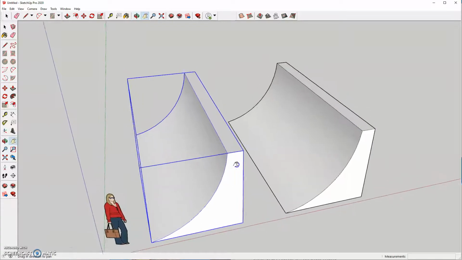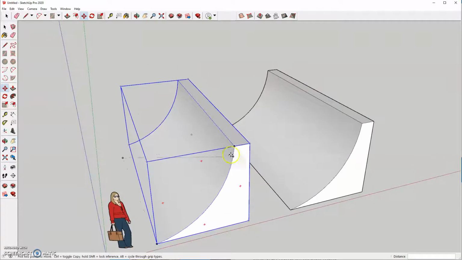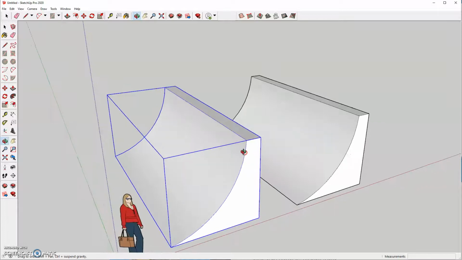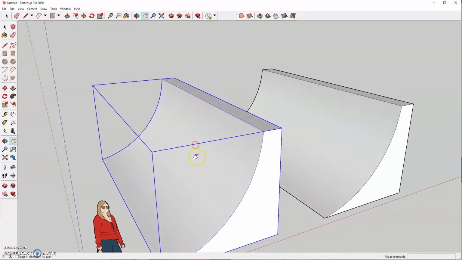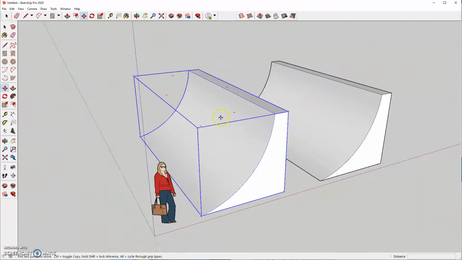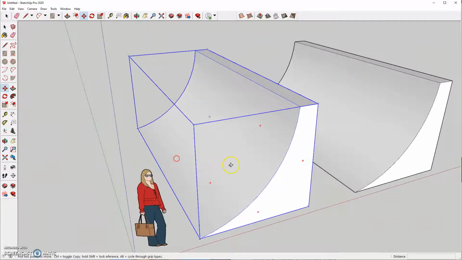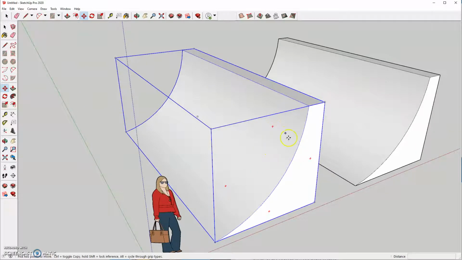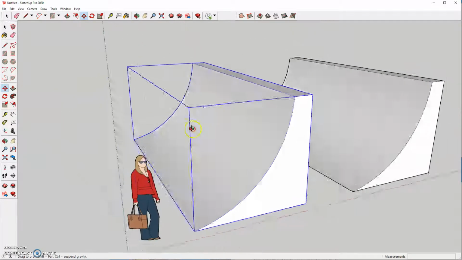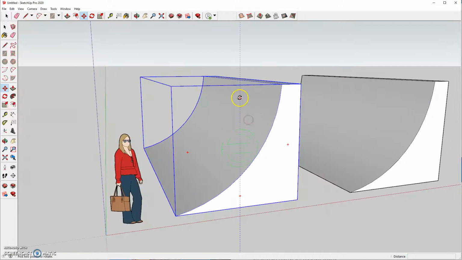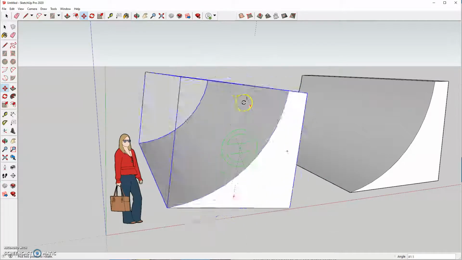Okay? Now, the other important part about being a group is if I am back on my M tool, my move tool, if you notice, I'll get closer here, if I hover over a side of my group here, you see how there's like little red marks? So if I look at it from this side, I got red marks here. If I look at it from the top view down, you get red marks there, or the side right there. So those little red marks are ways that you can grab it and rotate your shape,